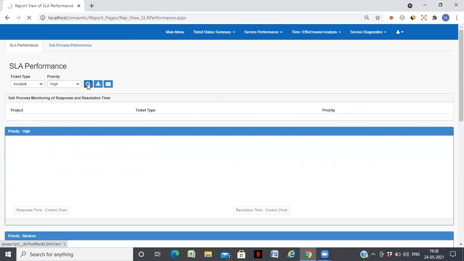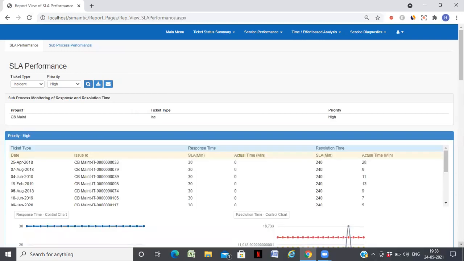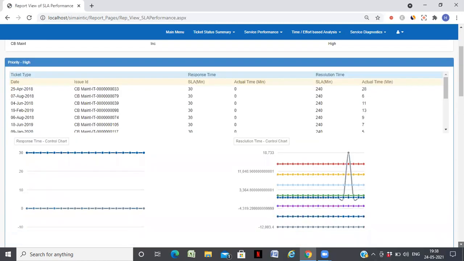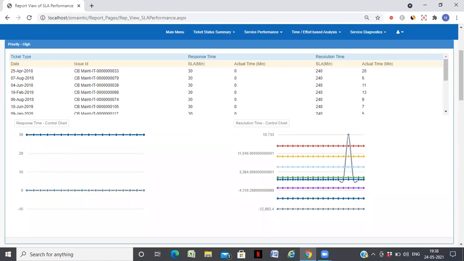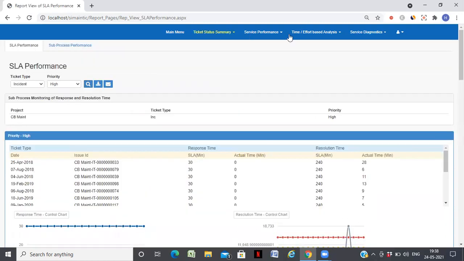You will get an XMR chart, which will show you the details. And then you also have turnaround time details.